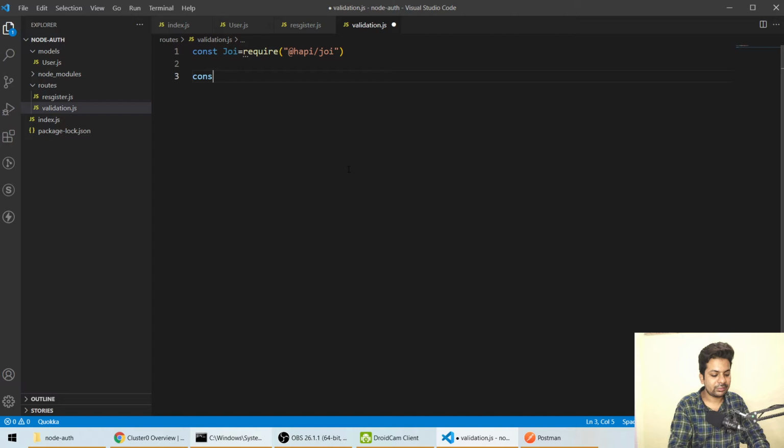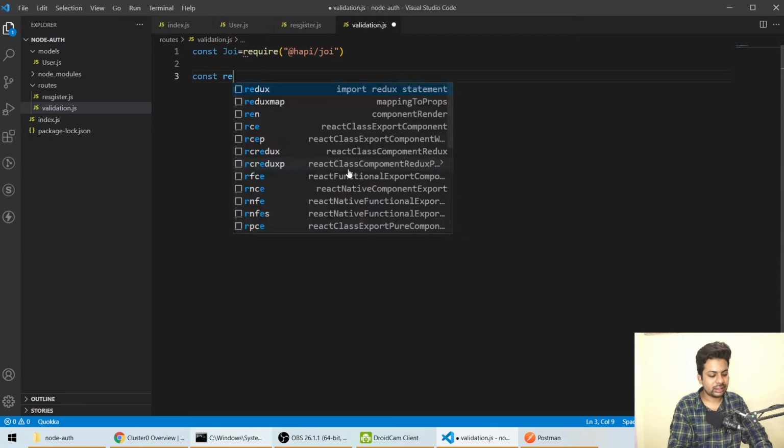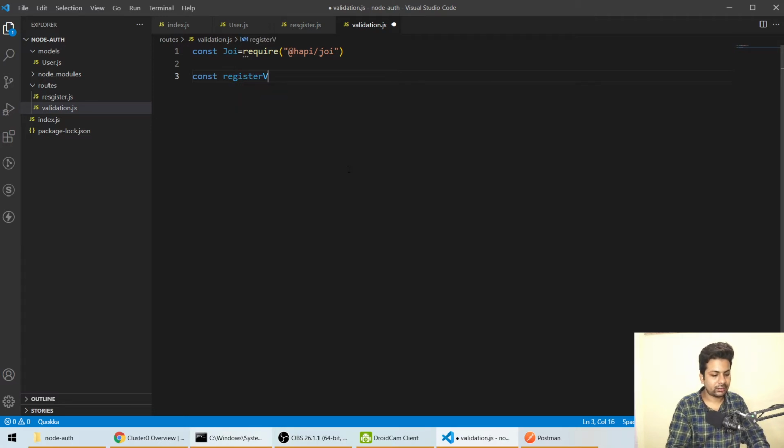Then we'll create a function, const registerValidation. I'm calling it registerValidation because we're gonna validate the register. And here we'll pass the data coming from the body, so whatever data comes from here we'll pass to this. It will catch the data.